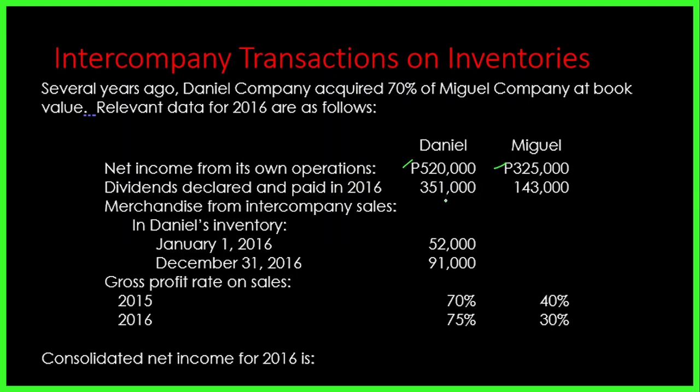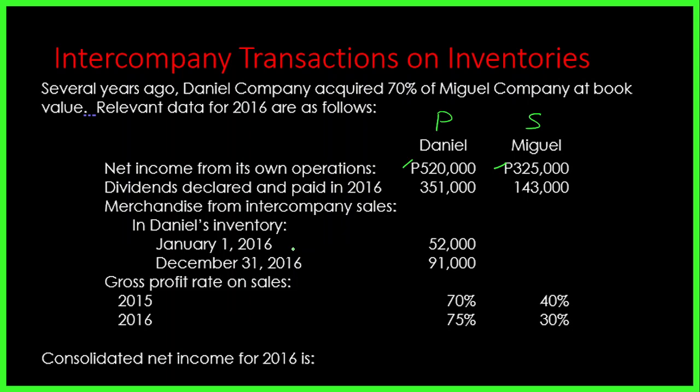Okay. So, ano pa? Okay, since consolidated net income lahat po at 100% yan. So, ibawas lang natin yung deferred gross profit natin, okay? And the realized gross profit should be added. So, sabi niya, merchandise from intercompany sales in Daniel's inventory. Okay, so, who is Daniel? Okay, Daniel is the parent and Miguel is the subsidiary. Okay. So, this 52,000, which is from the beginning inventory, kung beginning inventory yan, it means that